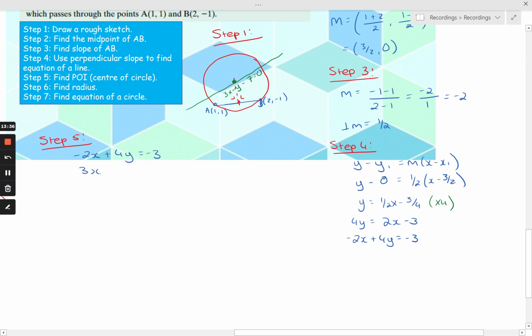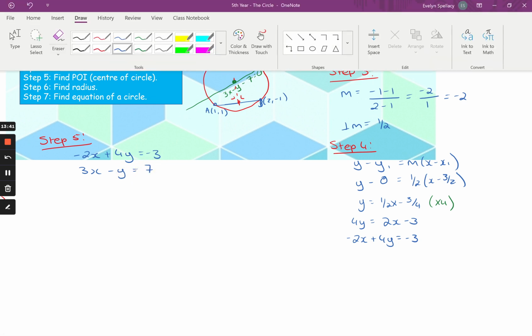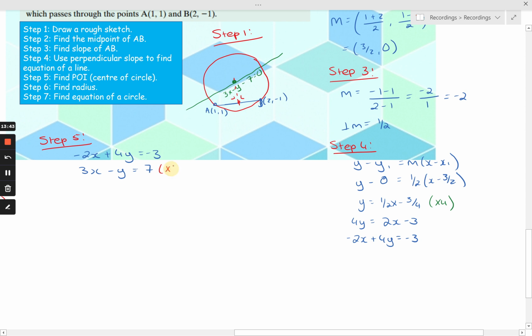We have 3x minus y is equal to 7. So I'm going to multiply the bottom line by 4 to get the y's to cancel, which means I get minus 2x plus 4y is equal to minus 3, and 12x minus 4y is equal to 28. So I can see here that my y's are going to cancel, and I'm going to get 10x is equal to